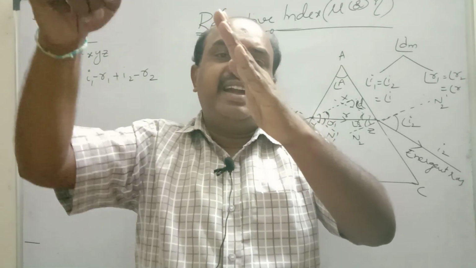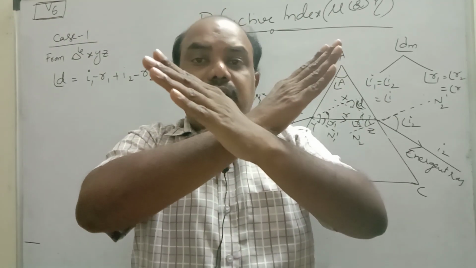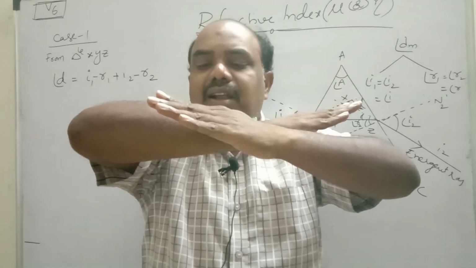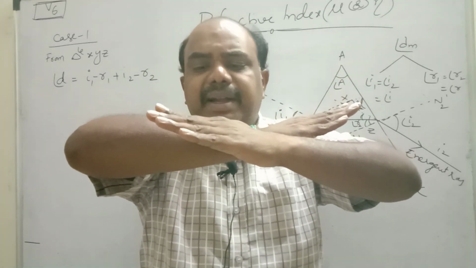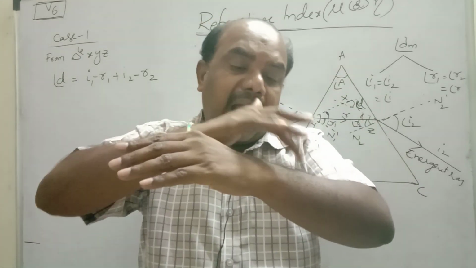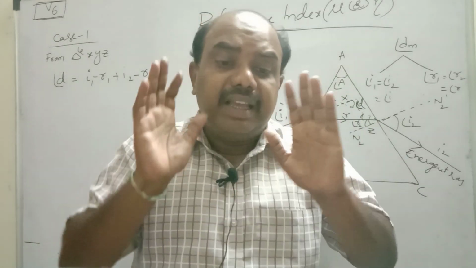This is the extended incident ray, this is the extended emergent ray. If you extend this, what will happen? The angle between these two also decreases, or not? At a particular instant, that will be minimum. If it is minimum, this angle and this angle will be equal. Angle of incidence will be equal to angle of emergence.